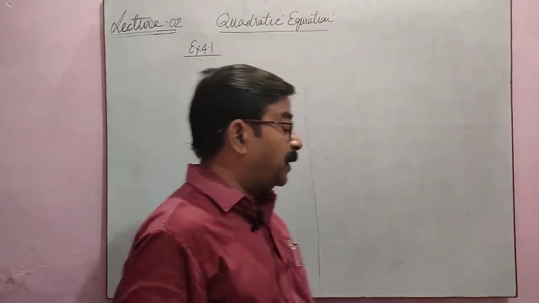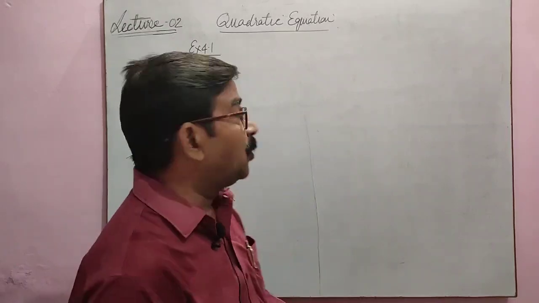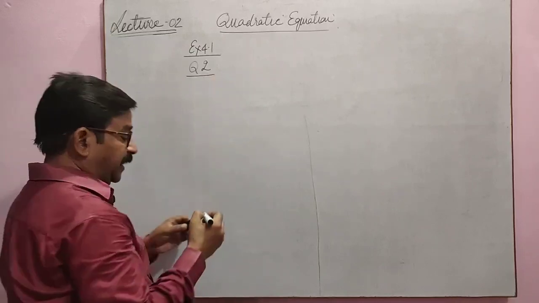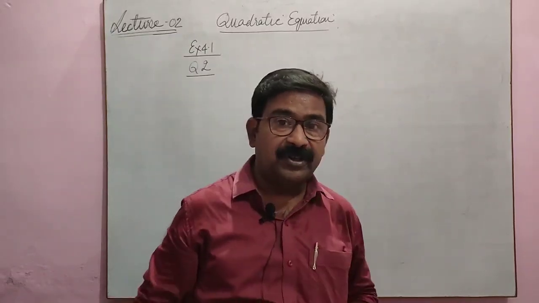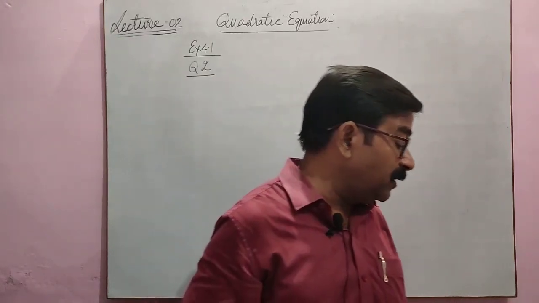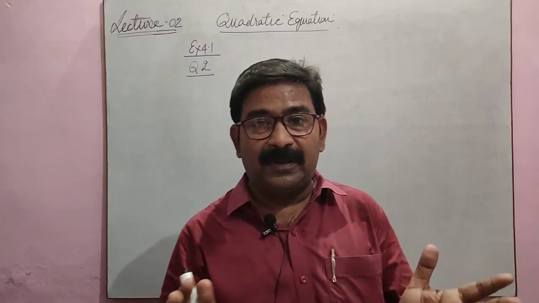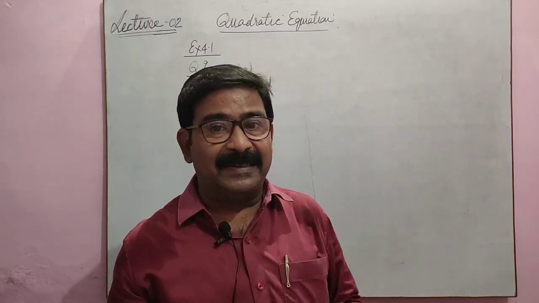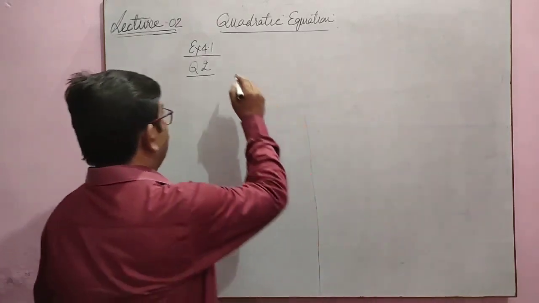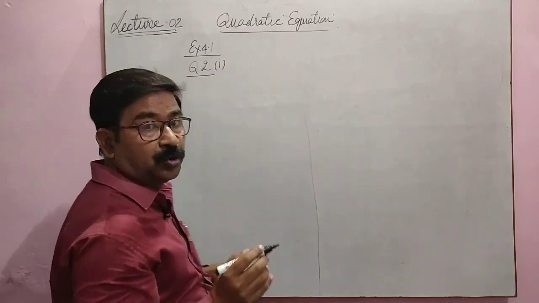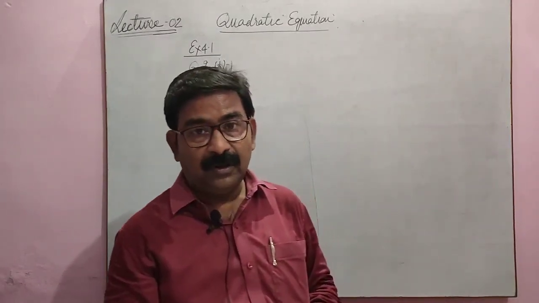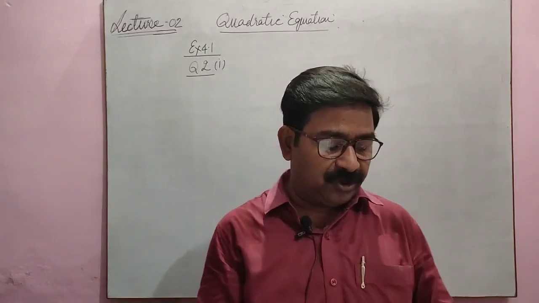Question number 2 has several parts and it is a word problem. In question 2, we have to form the quadratic equation and solve it by any method. The method is not given, so we will start with the old method that you know, the splitting middle term method. I am reading question number 2, first part. You should keep your book with you and see the question. I am reading the question and after that we will form the equation.